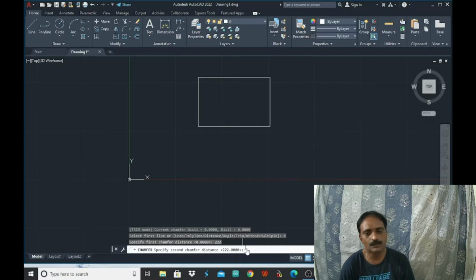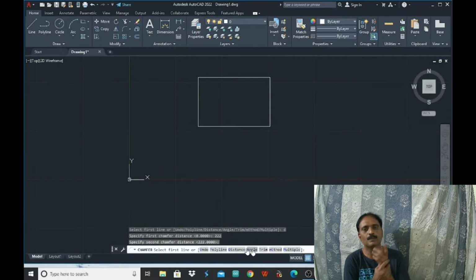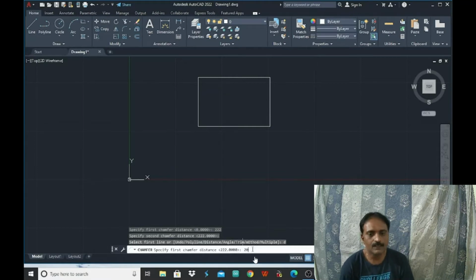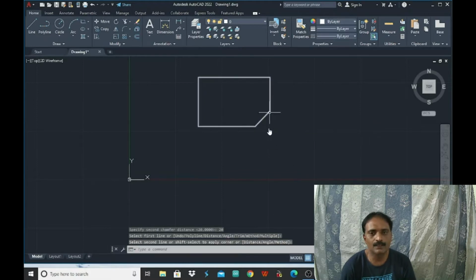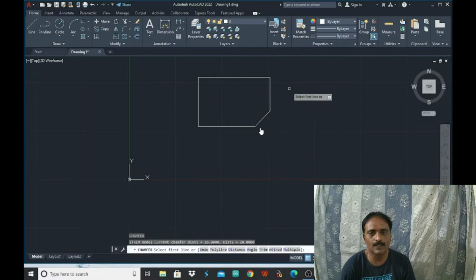We need to specify the two chamfer distances. First of all, we have to select the first distance as 20 and the second distance as 20, and we have to select the corners. So we have got the corners cut by this edge.